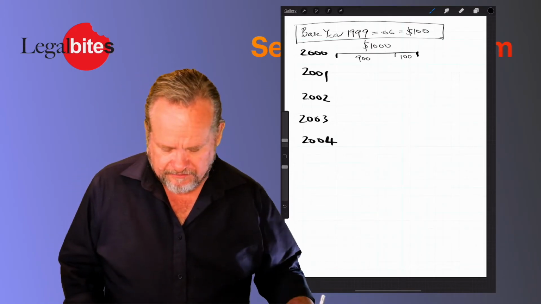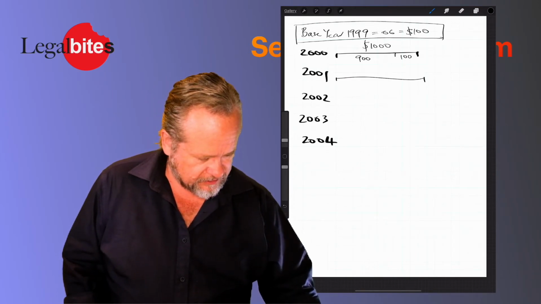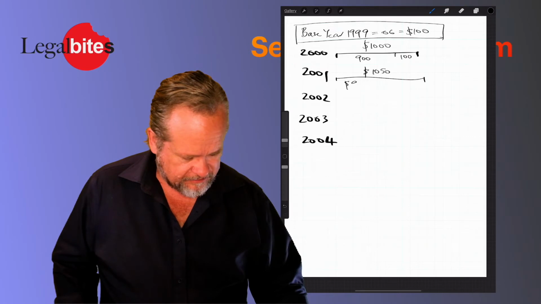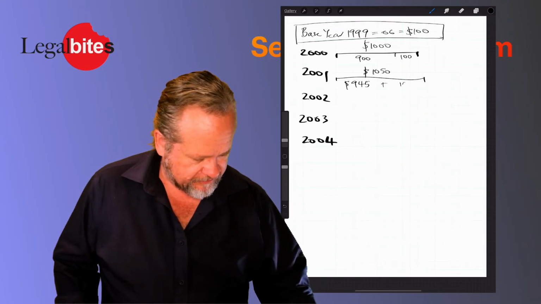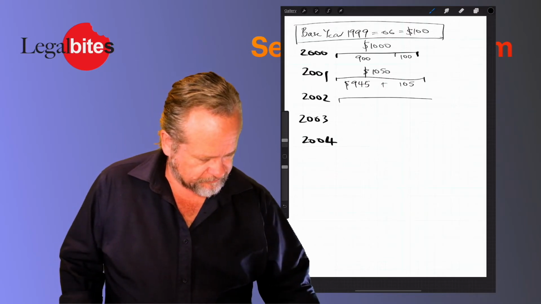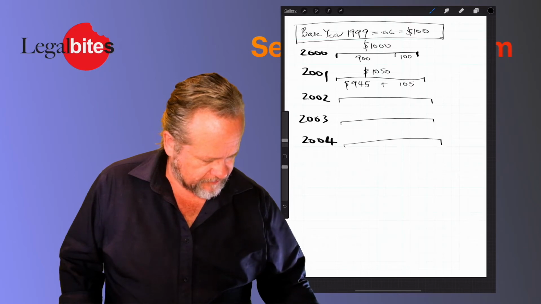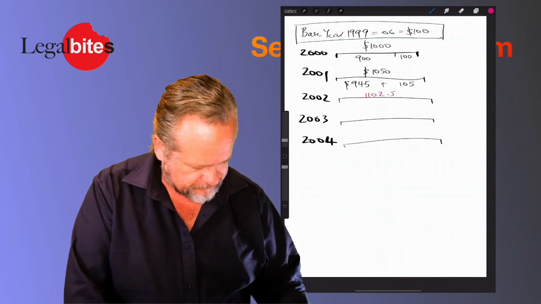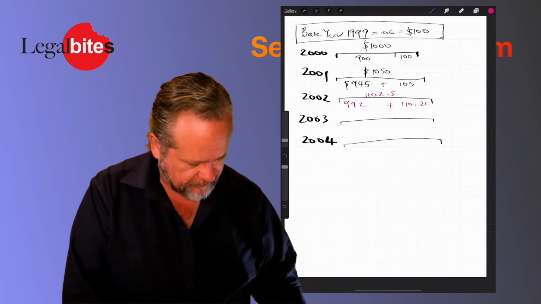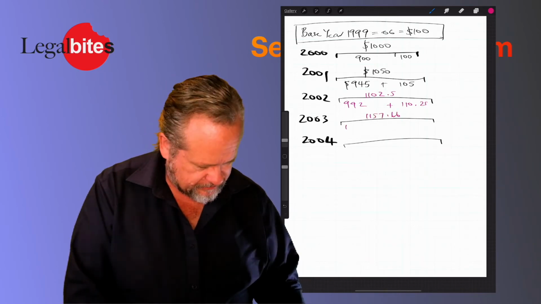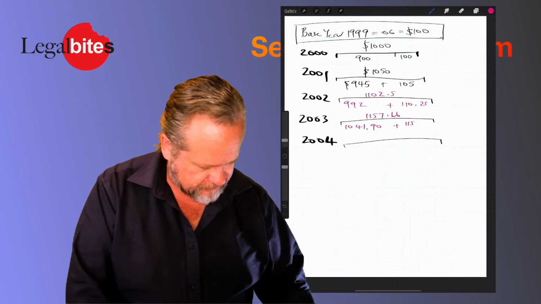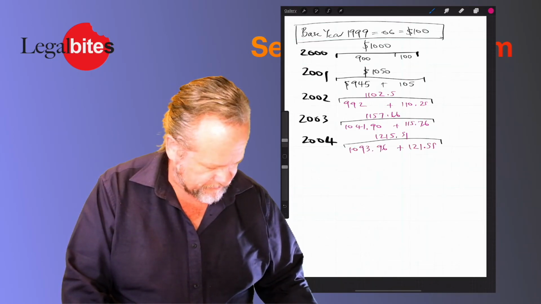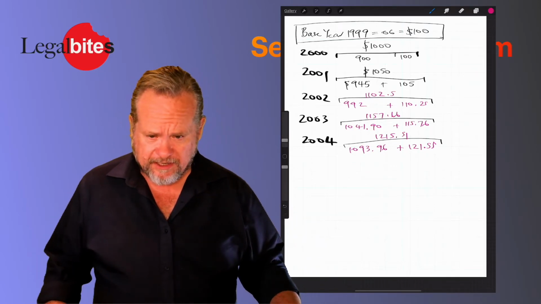2001, the lease provides that the rent increases by 5%. So total rent goes up to $1,050. And that's notionally going to be $945 plus $105 in outgoings. Year 3, year 4, year 5. $102.50, which is notionally $992 plus $110.25 for outgoings. Now all of that looks fine and we can understand how that all works, but